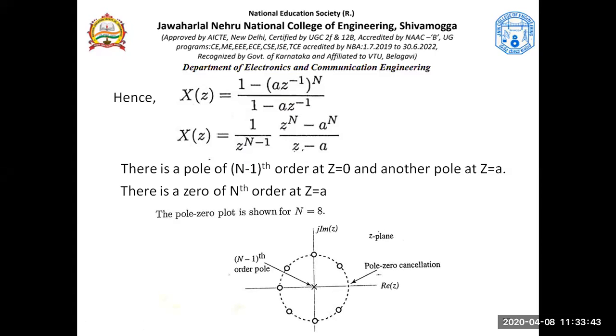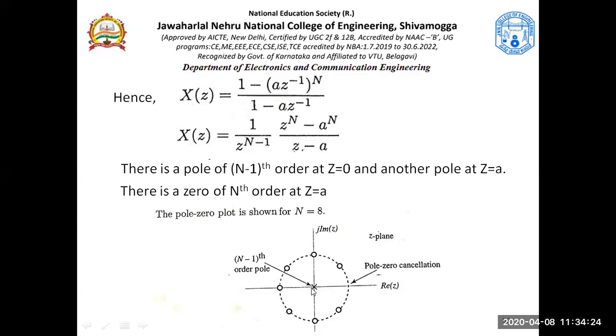So how is the plot going to look like? Without knowing what n is, we cannot plot. So let's assume that this capital N is 8. Okay with that, everybody? Let's assume that this capital N is 8. Fine. So as this goes, how many poles are there at z equal to 0? N minus 1 number of poles. That means 8 minus 1. There are 7 poles, and there are 7 poles at z equal to 0.